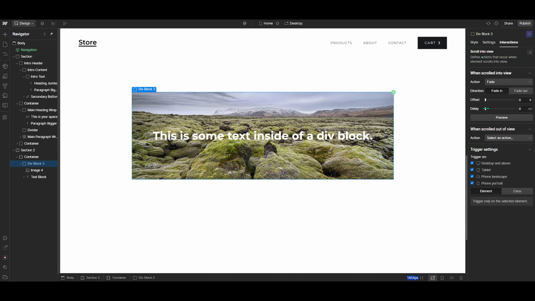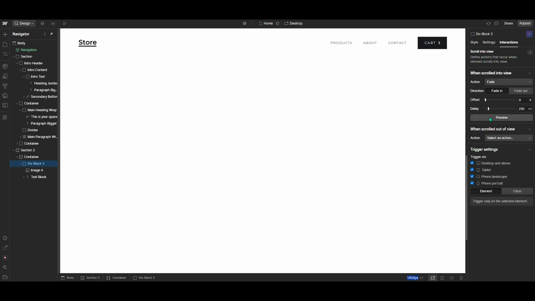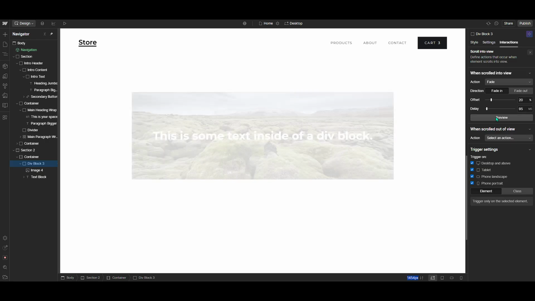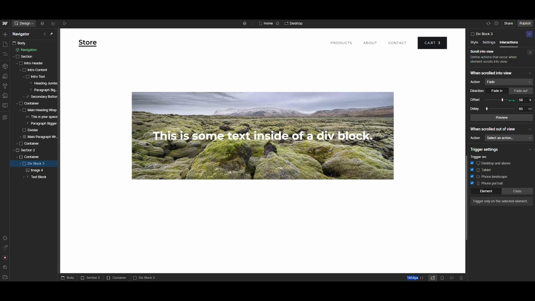As you select Fade In, keep an eye on your preview mode. You'll be able to see the animation effect almost instantly. It's a satisfying moment when your element fades in for the first time, coming to life with the simple scroll of a user. Once you're satisfied with your animation and have previewed it to ensure everything is functioning as expected,